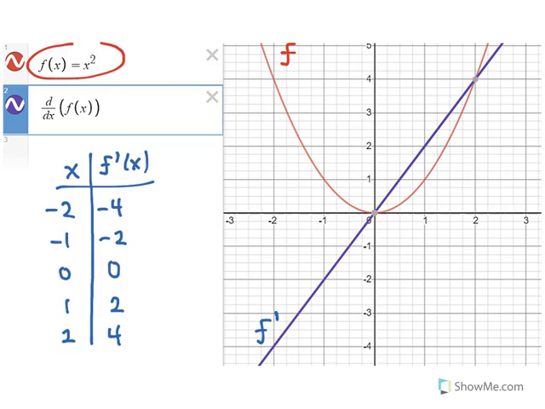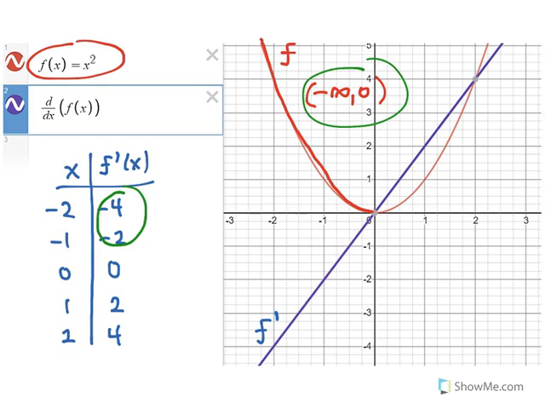With our first example, the function f of x is equal to x squared was decreasing on the interval from negative infinity to 0. You can see that the graph was falling from left to right. And its derivative was negative for these values of x. And the graph of the derivative was below the x-axis. For the function f of x is equal to x squared, you can see from the graph of f that the function is